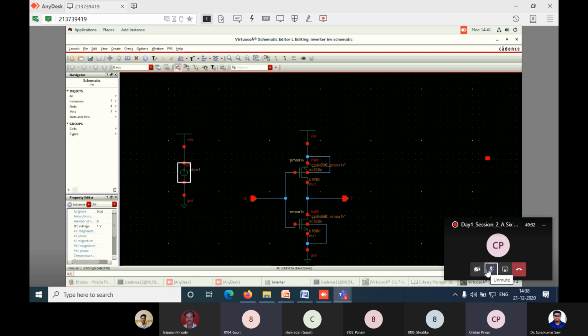Sir, I need to delete this connection. No. You go to that red point, start from there and connect to that wire below. Yes, only. Okay. Now you can again run check and save.